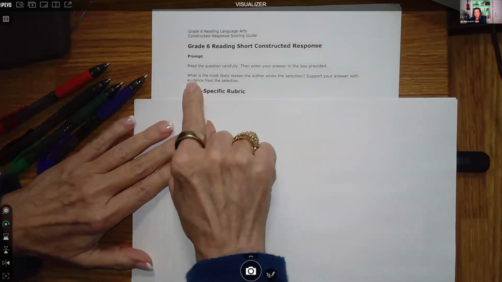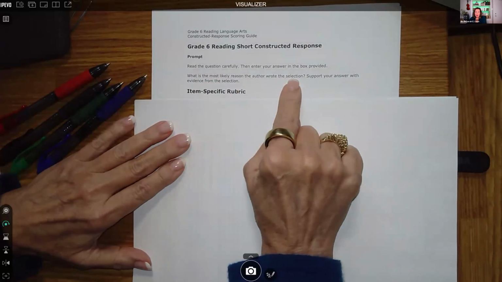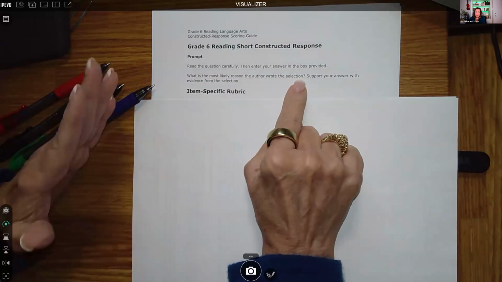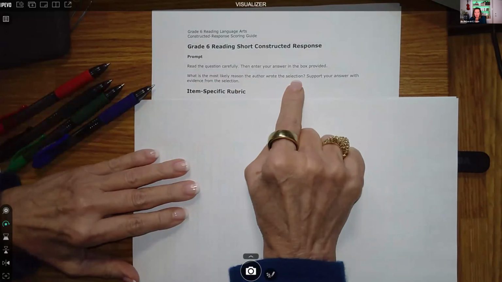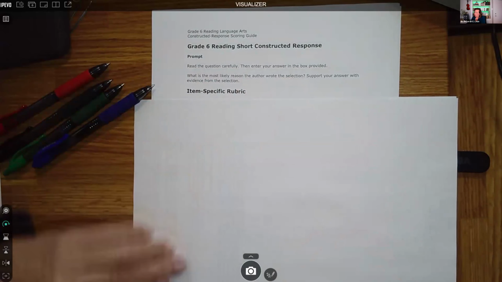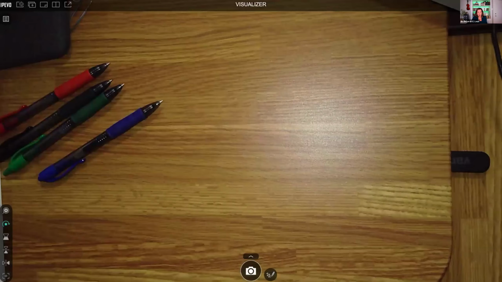And it says, what is the most likely reason the author wrote the selection? That's the prompt. We haven't read the passage. We're just looking at the prompt. What is the most likely reason the author wrote the selection? That's the prompt. Okay. So what I teach the students to do is to get a sheet of paper,